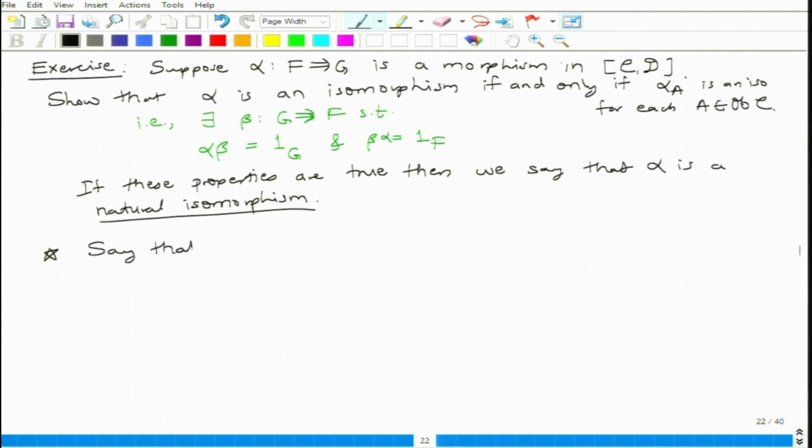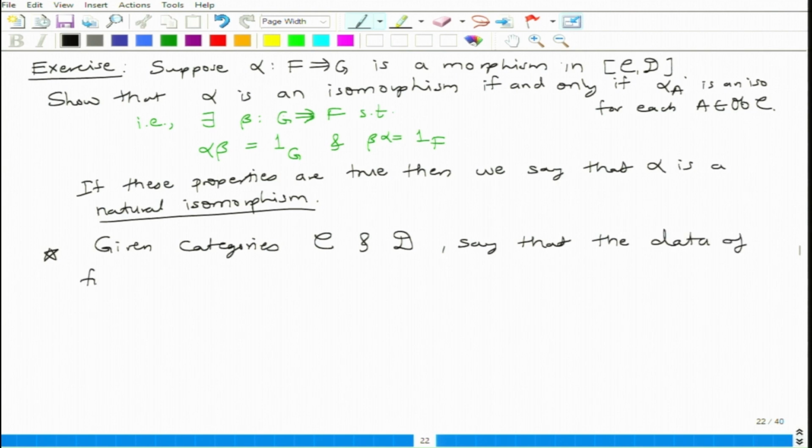Say that, maybe I should say, given categories C and D, say that the data of functors, now please pay attention, there is a functor F going from C to D and another functor G going from D to C, together with natural transformations